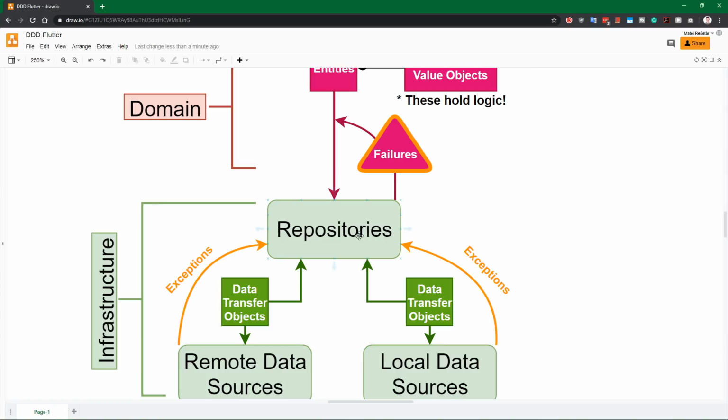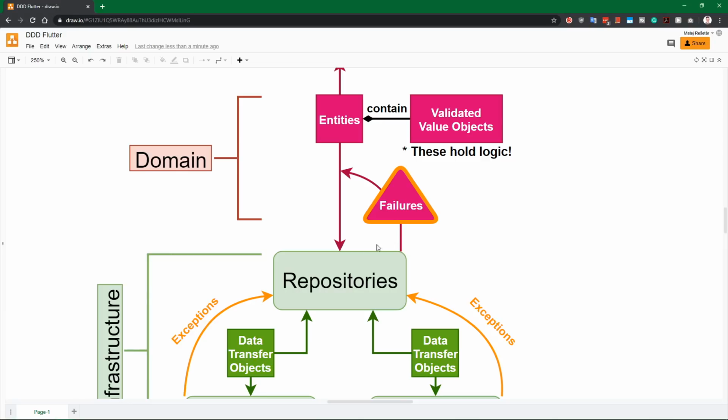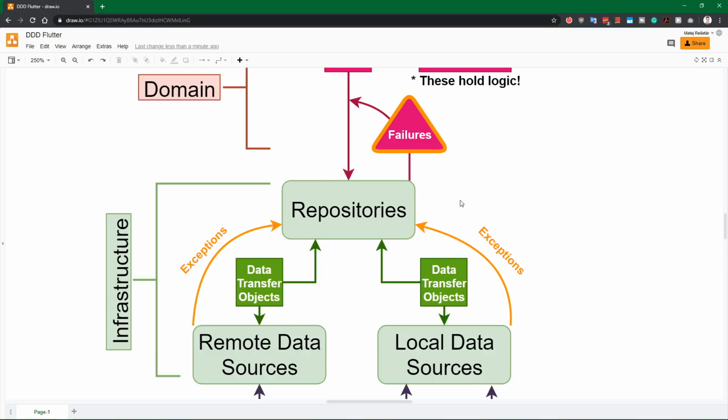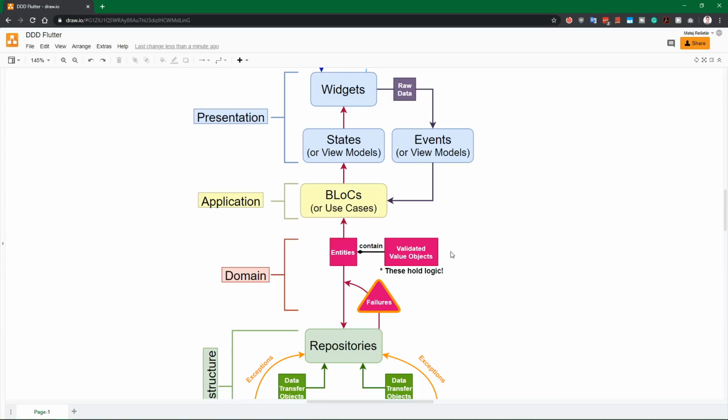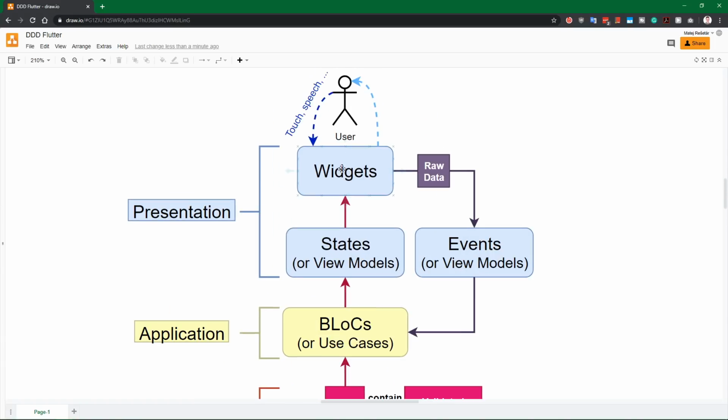So it's the job of the repository to catch all of the exceptions and return them in the usual flow of data as failures. So the only place where you are going to see try and catch statements is going to be inside repositories. All of our other code upside will be free of any try catch statements, hopefully, unless some exceptions happen in the widget layer, but that's not really a usual thing to worry about. You usually do not catch any exceptions in the widget layer, but